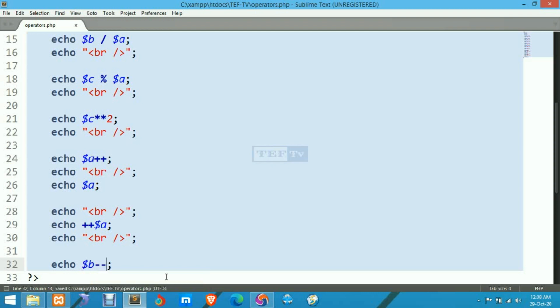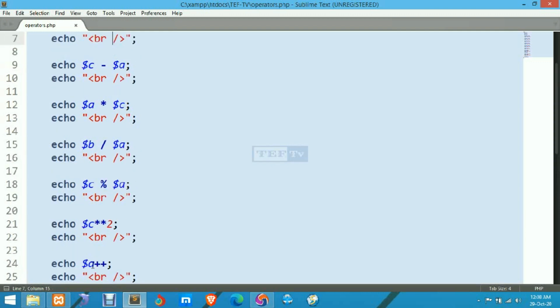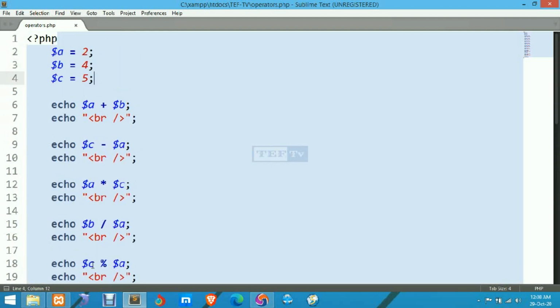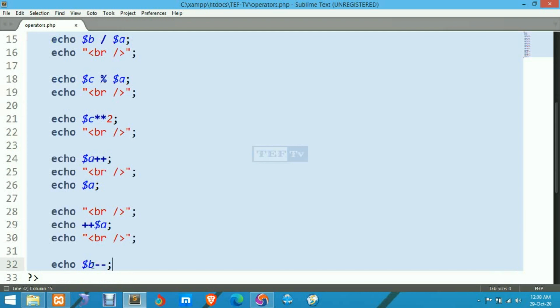Control S. Remember this, that by this step this will generate the result of B, as its value is initially 4. So at this step the value of B will be 4.